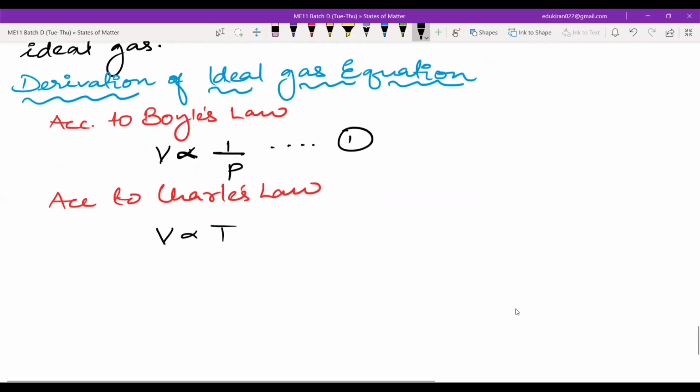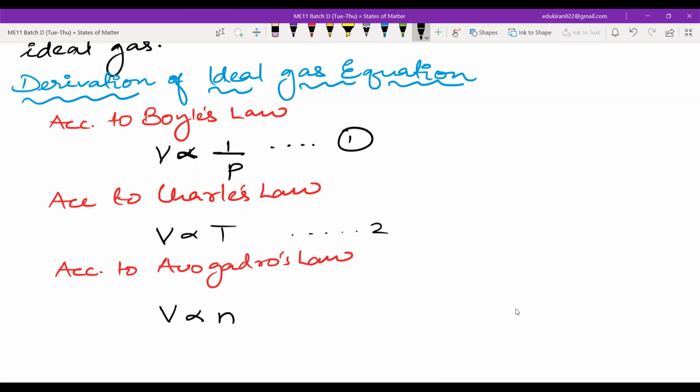Minashi, can you tell me Avogadro's law? Yes, tell me Avogadro's law. According to Avogadro's law, equal volumes of all gases under the same conditions of pressure and temperature contain equal moles of gas. So it is a relationship between which two parameters? It's a relationship between volume and number of moles, and they are directly proportional, right? Yes. Directly proportional. Okay, so this is second and this is third.